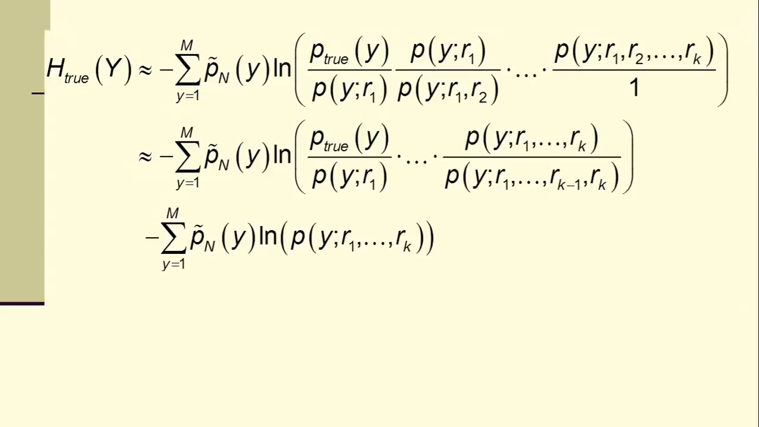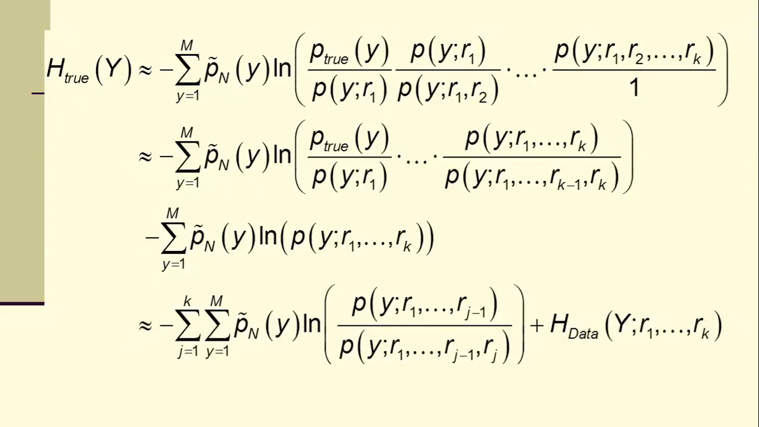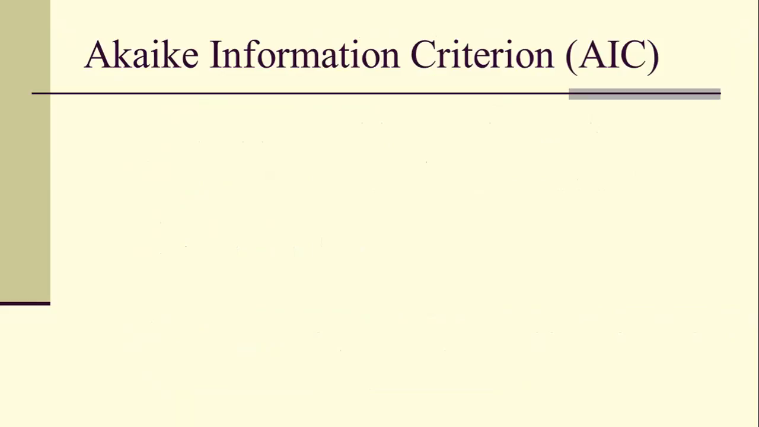And then inside we have a log of products of these ratios. So we have approximately the sum, j equals 1 to k, y equals 1 to m, p sub n of y, of the log of the probability y given one fewer parameter over p of y r1 up to r sub j, plus the actual maximum likelihood data fit. And that first double sum term is a bias. In fact,